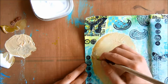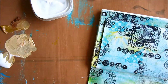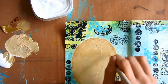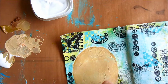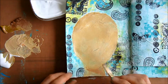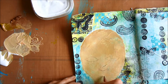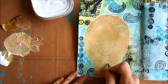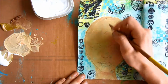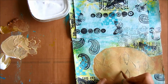So now I'm adding a bit of shading all around the outside of the face. And then I'm using the basic coat again to blend it all a bit. Now I'm sketching the eyes, the nose and the mouth, just the way I sketch them when I use a pencil and watercolors or something, and a bit of a hairline, some brows,